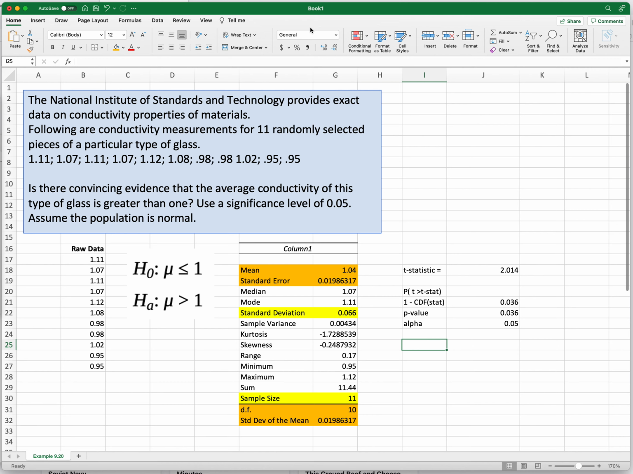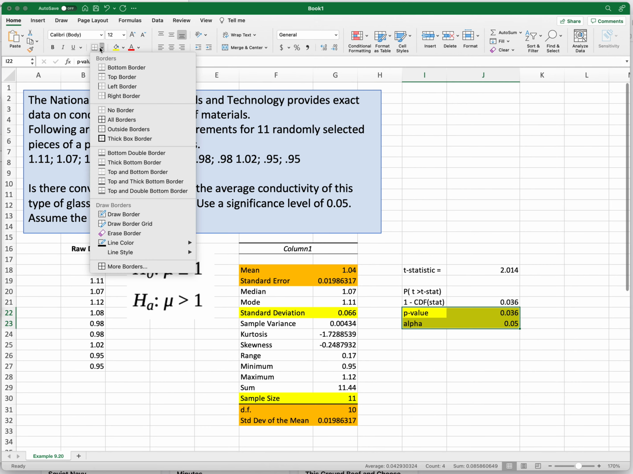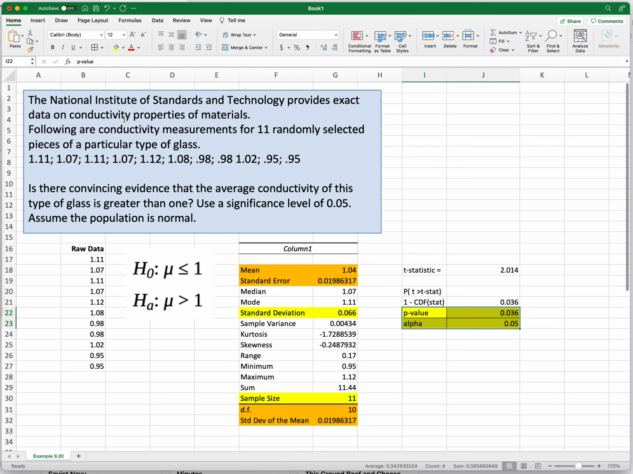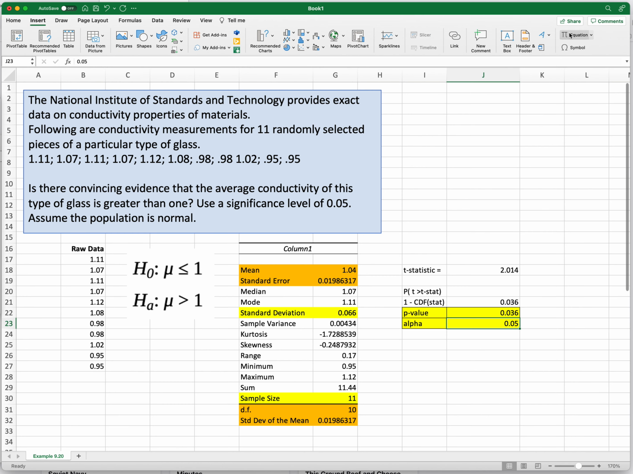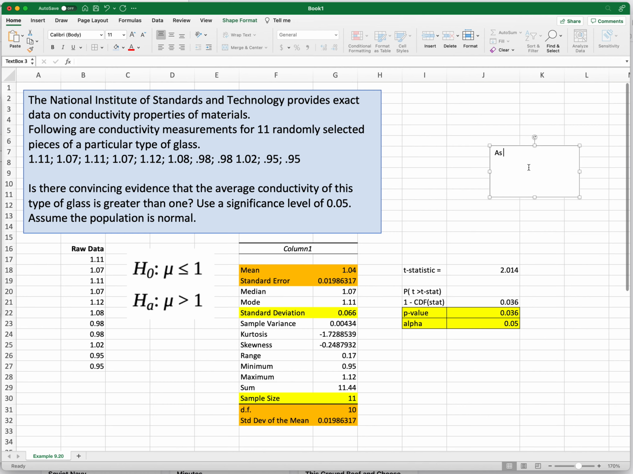So I can make a conclusion, and I'll put it in a text box. Let's make it yellow again, I guess. I don't know why I'm using so many different colors. Maybe I'll put it in a box because it's important. My p-value is less than my alpha. So I can say, insert text box, as alpha is greater than the p-value, alpha equals 0.05, is greater than the p-value,